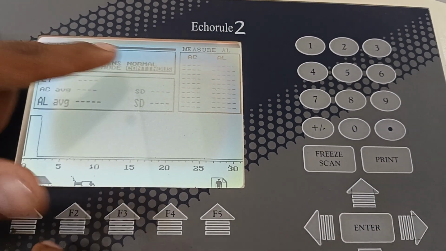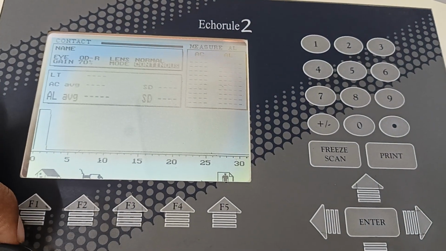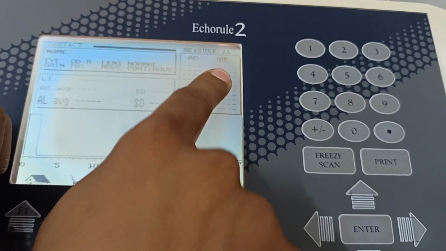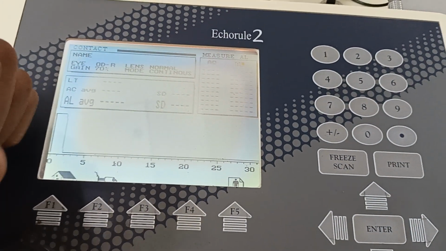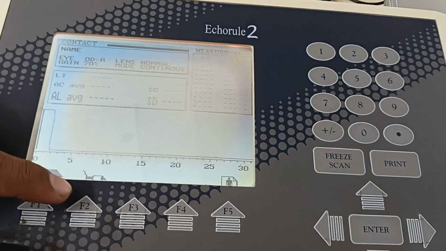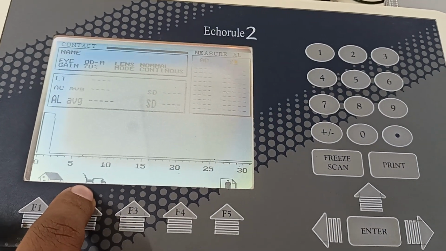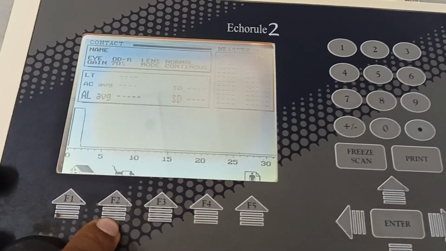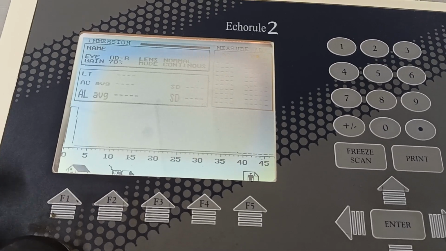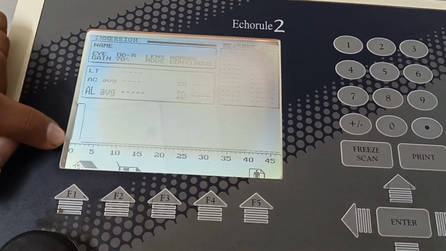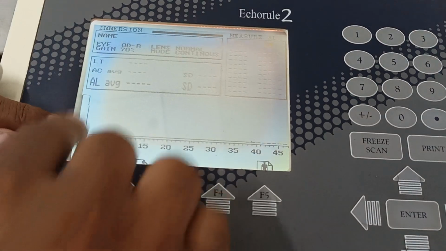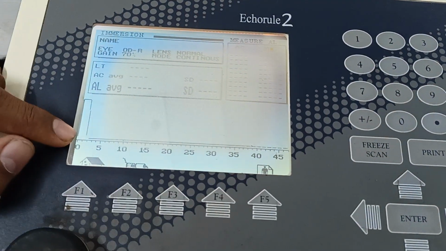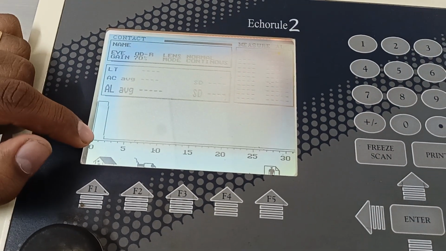Then next, when you rotate this knob from continuous, it will directly go to AL. AL is axial length. This is the time we have to measure the axial length. After going to this option, we are going to press this probe button. Here you can see the image. In the video you can see afterwards. Here is a probe and here is a button. Simply press this button. If you press this button, carefully look here, this meter is showing some fluctuations. It means your probe is ready to take the readings. I am pressing it off, again it stopped.